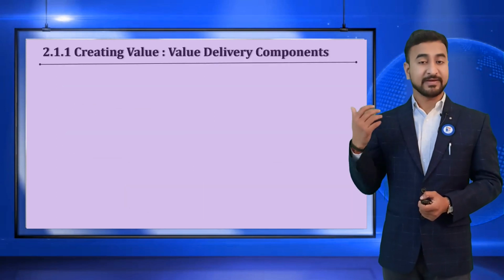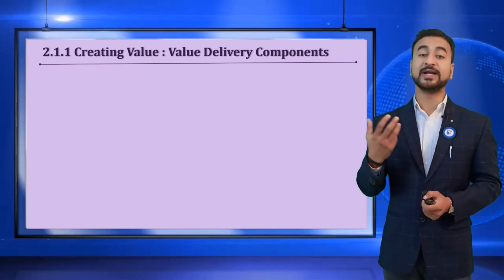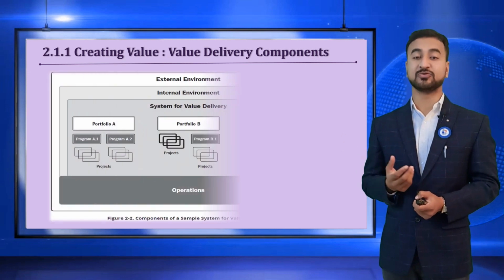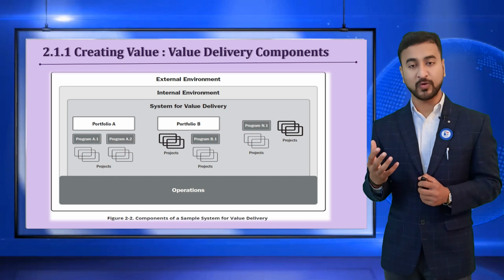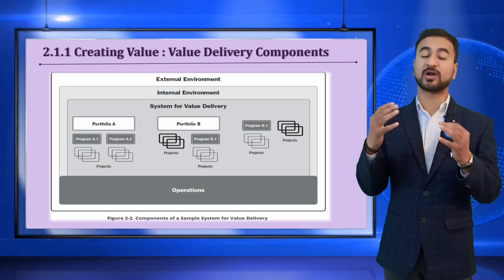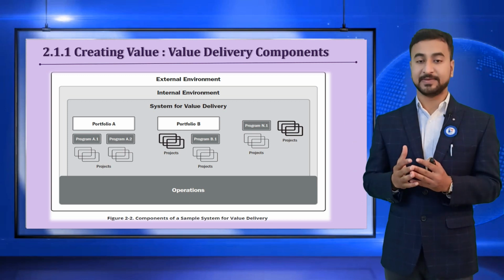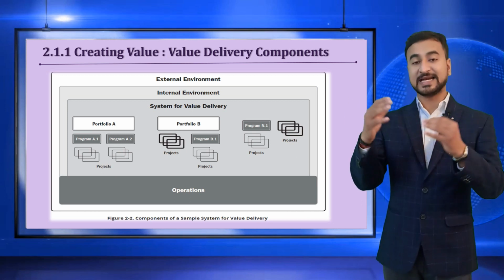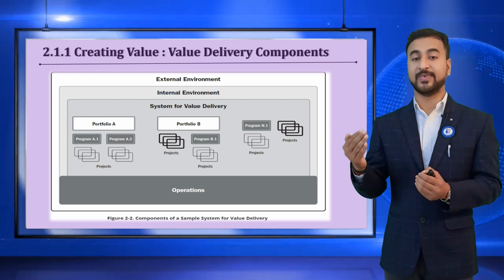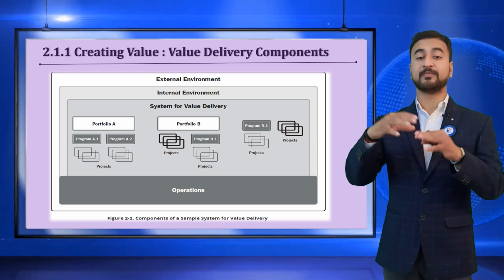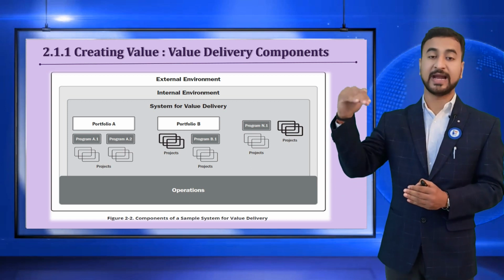So creating value, we had discussed in our previous section how to create the value, and when and what kind of things we need to consider while creating value. Now in this section we are discussing what are the components that we need to consider, and by which we can create the value. So there are many. To start with, it's an entire ecosystem. We are working and doing things in an environment. So there are external and internal environments, and in that we are doing the projects, programs, and the portfolio.